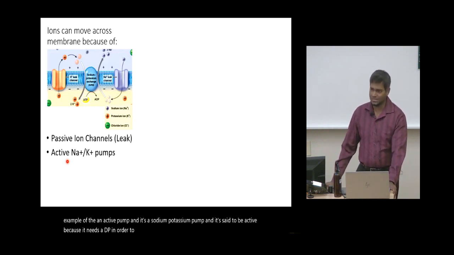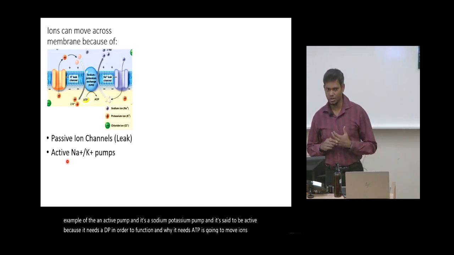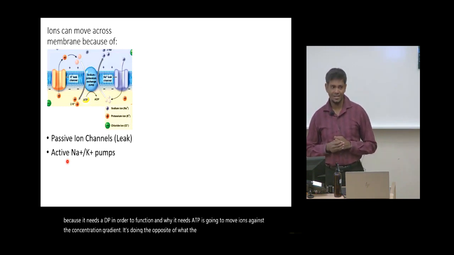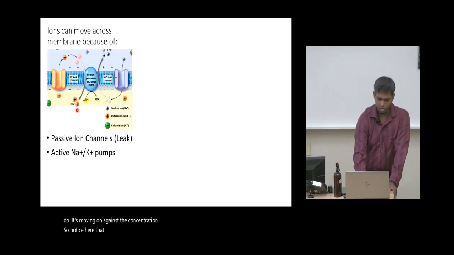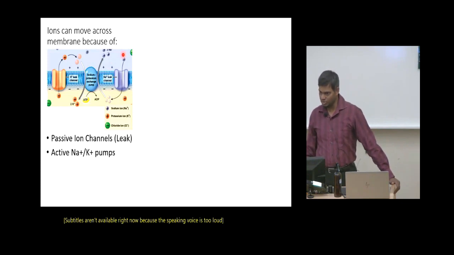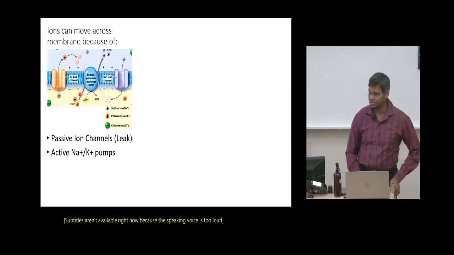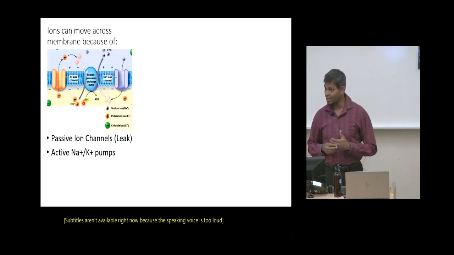And why it needs ATP is it's going to move ions against the concentration gradient. It's doing the opposite of what the passive or the leak channels do. So notice here that it's going to move sodium ions out of the cell, right? And we already have a high sodium concentration in the extracellular fluid. So it's moving sodium ions out of the cell against the concentration gradient. And simultaneously, it's also moving potassium ions into the cell against the concentration gradient because there's already a high potassium